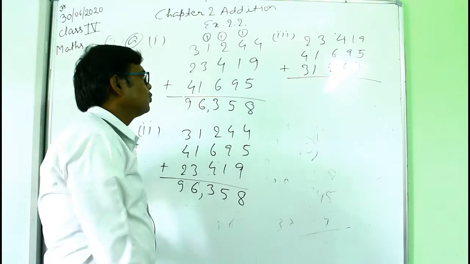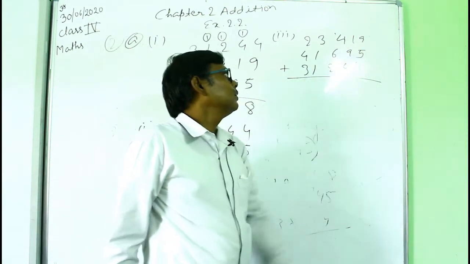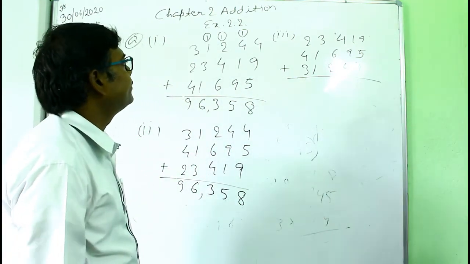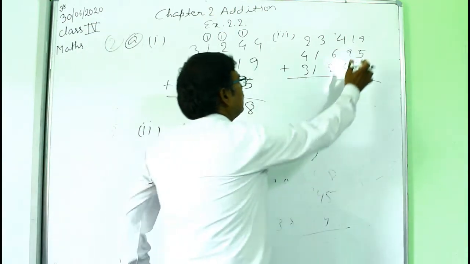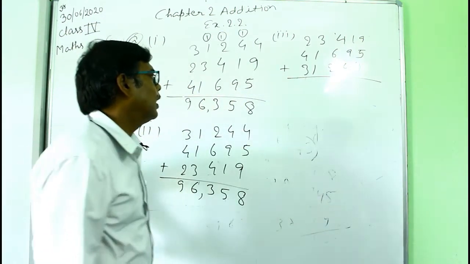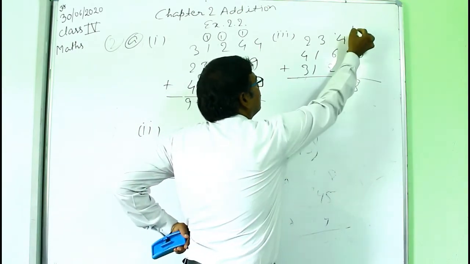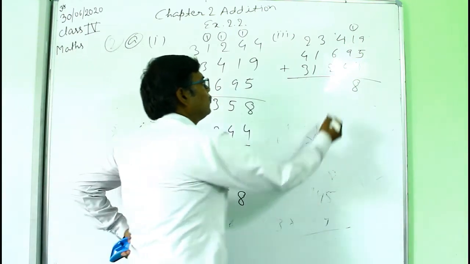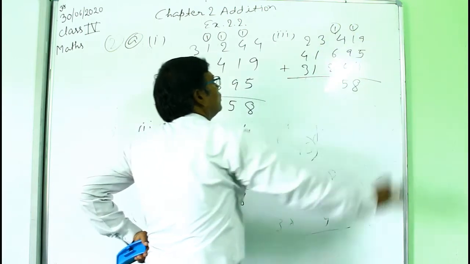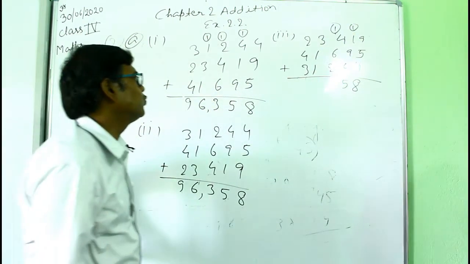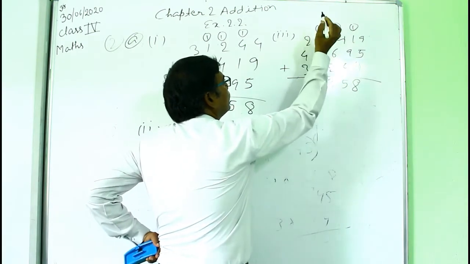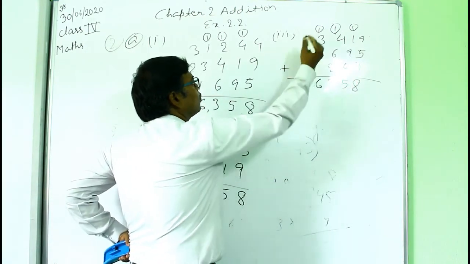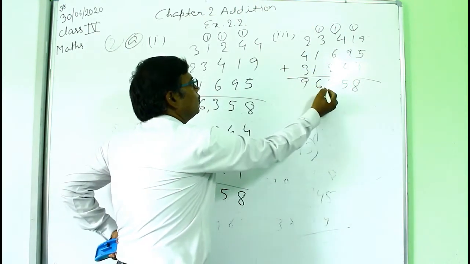Now when you add these numbers again, see, 9 plus 5 will be 14, and 14 plus 4 is 18. Then write 8, then carry 1 here. 1 plus 1 is 2, and 2 plus 9 will be 11. 11 plus 4 will be 15. Then 5, then carry again 1. Then 4 plus 1 is 5, plus 6 is 11, plus 2 is 13. Then write 3, then again carry 1. 3 plus 1 is 4, 5, 6. So write here 6, and here 4 plus 2 is 6, plus 3 is 9. So now you have this answer.